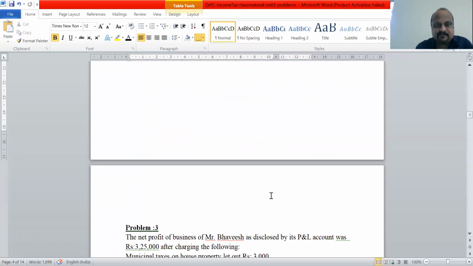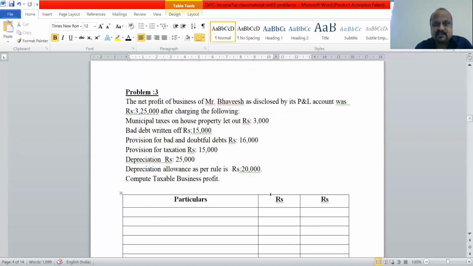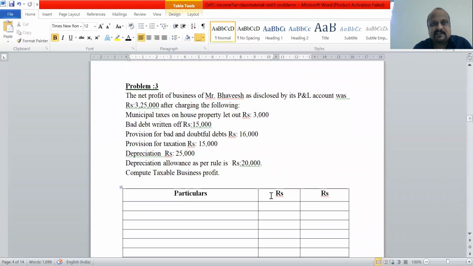Now to the next problem. It's a very typical problem. Now we are entering into 7 marks problems. Bigger ones could be coming for 10 marks. This is a 7 mark problem. Let us just read this.